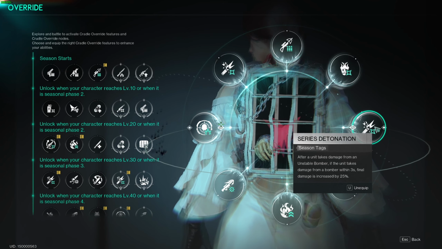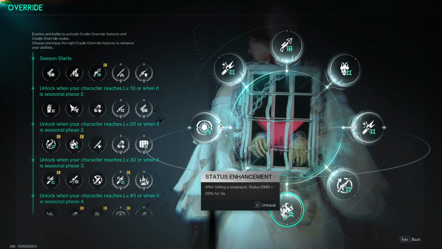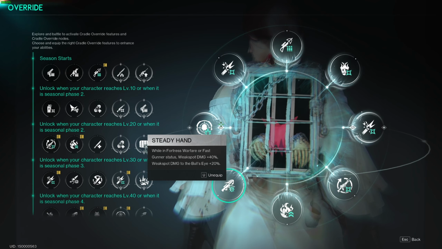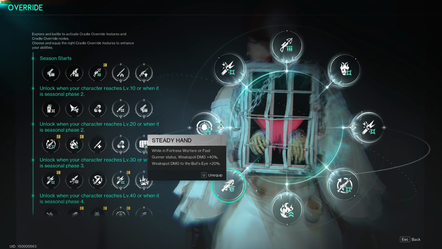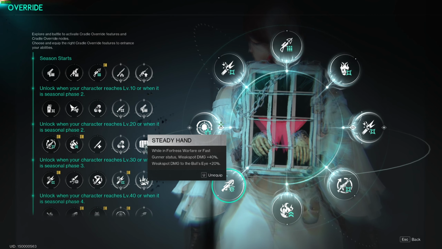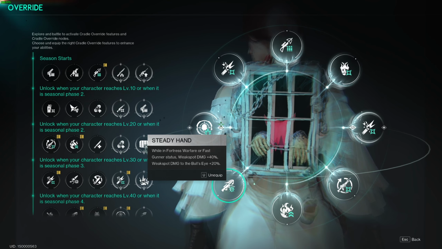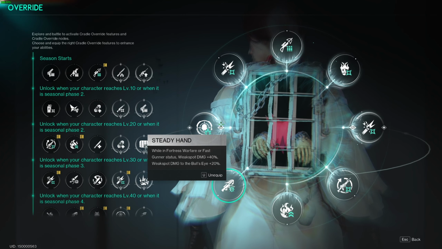Series detonation, this is a seasonal tag. Tactical combo, obviously self-explanatory, just a fantastic all-round perk. Hitting weak spot, status damage increase, really, really good. Steady hand, this one is actually really good, because if we switch to our Wildfire or Bingo, we mark the target, switch back, and now we have a 20% weak spot damage increase. That then converts into unstable bomber damage. So this is a fantastic perk to run when you're pairing a bullseye offhand to proc on your enemy or